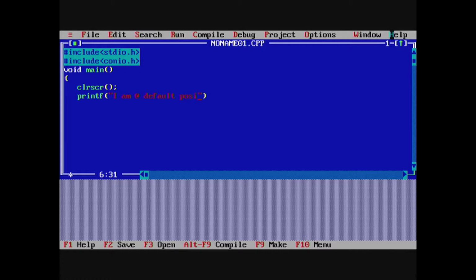Then you call the next function, that is gotoxy with parameters 10, 10, then printf it is working, again printf to the end of line, then printf ABC, getch, then close the curly brace.